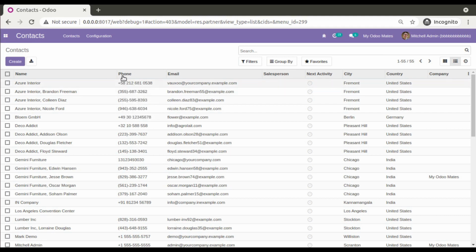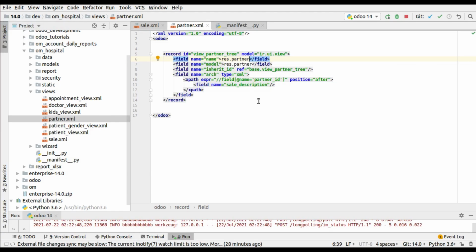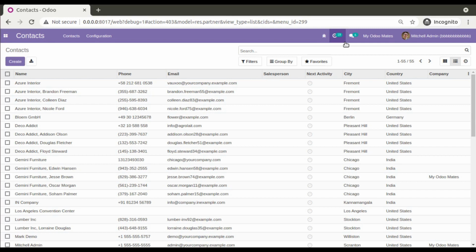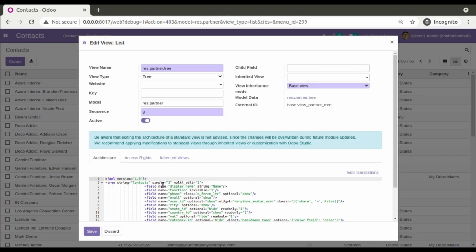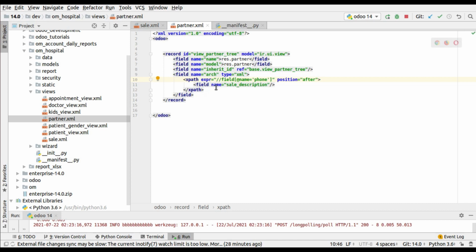I'll use XPath on the phone field. The XPath expression is field at name phone. The technical name of the phone field is phone itself; if you click on edit view list, you can see the technical name is phone. I have to add the email field before phone, so I'll give the position before, and what I have to add is the field with name email.